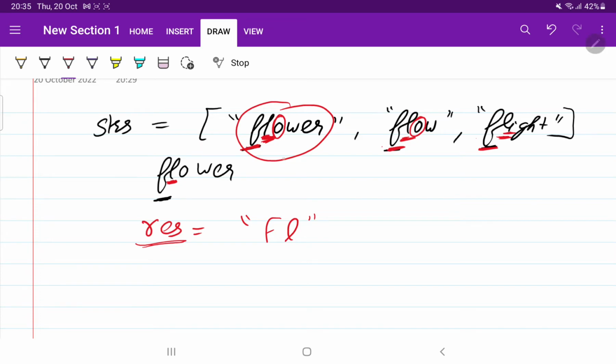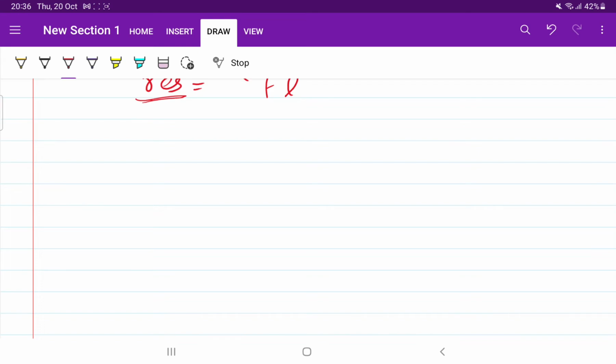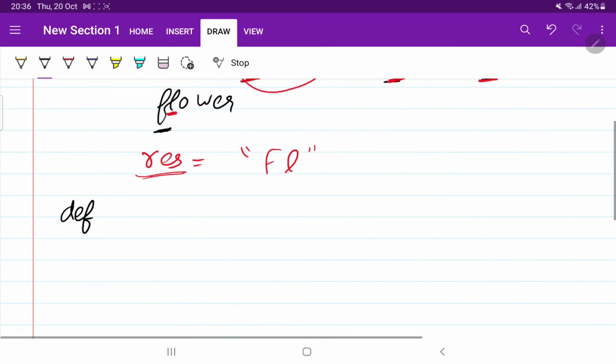Why? Because first of all we need to pick one of the words. Then we have to compare each character by traversing the string. So it will be something like order of n square, not exactly n square, but you can consider it as n square, because for a particular word you have to compare all the characters. Okay, so I will write this code because it's a brute force approach. This is the approach that clicked in my mind the first time when I saw this question. Okay, so let us start writing the code, because some of the people may get confused about how to write the approach that we have discussed now.